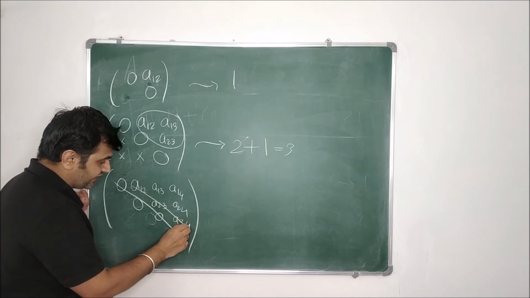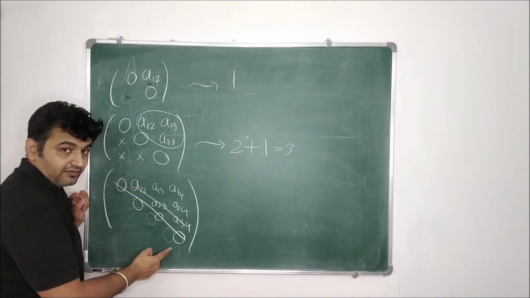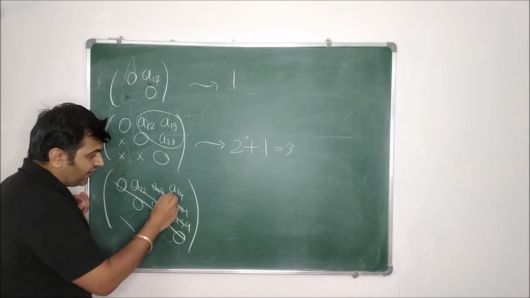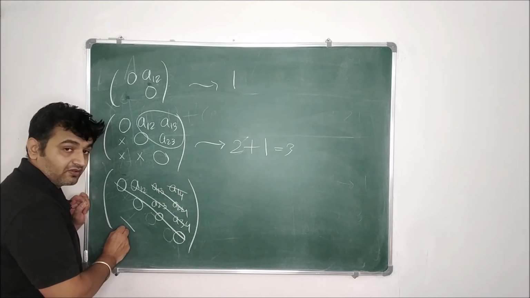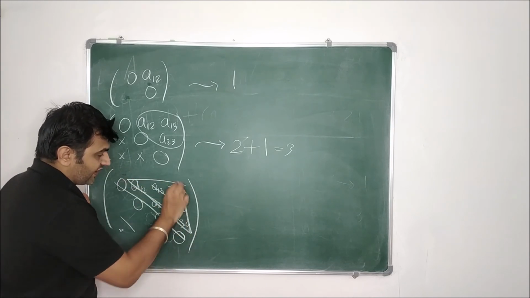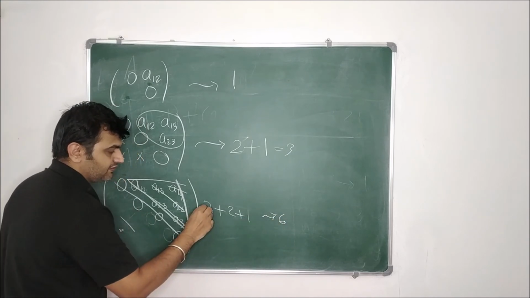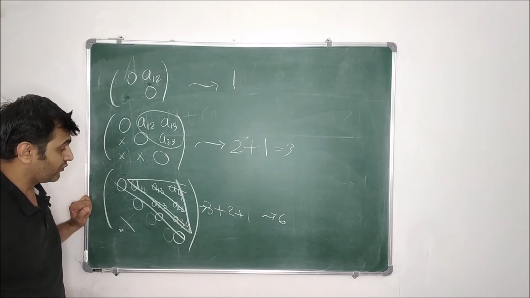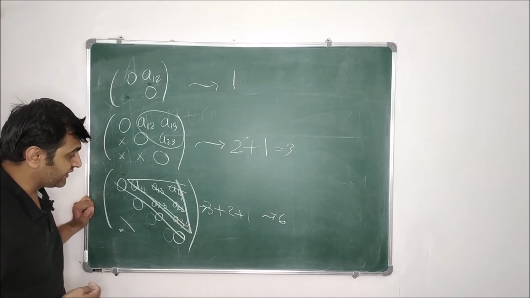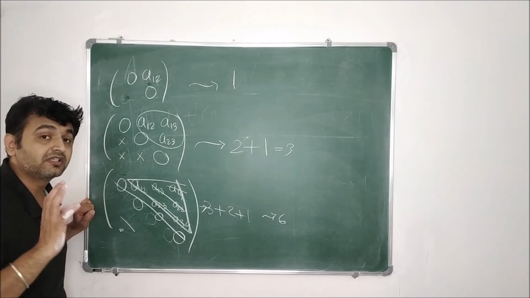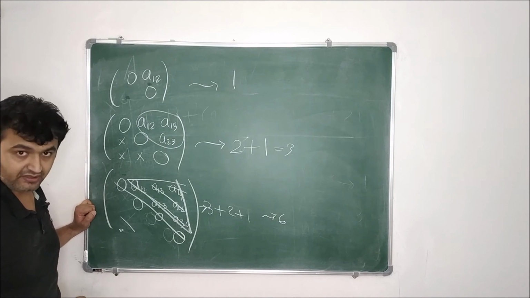Here also no choice for the diagonal. As soon as I have 3 entries, I have the 3 entries over here, which is minus of it. As soon as I have 2 entries, I have 2 entries over here. As soon as I have this, I have minus A14. So ultimately, I should know 3 plus 2 plus 1, 6. So for a 4 cross 4 skew symmetric matrix, I need only 6 entries. Once I know 6 entries, I know the complete A4 skew symmetric matrix.